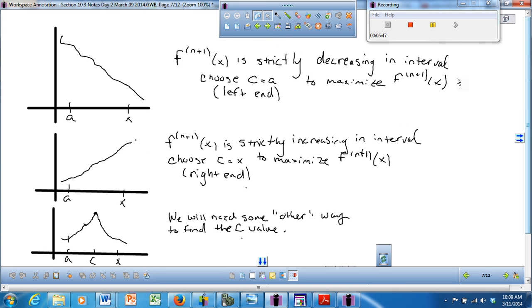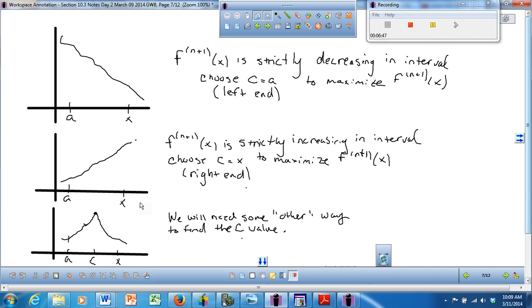All right. Now, the most difficult part of using this error bound is finding where the maximum of that n plus first derivative occurs. So let's say we have a polynomial of 6th degree. We're going to need to find the function for the 7th derivative, and then find where that is the biggest in our interval. Well, when we get our 7th derivative function, if that function is strictly decreasing, then where does the maximum occur? At a, at the left end of our interval. If the 7th derivative were strictly increasing in our interval, then the largest would happen at the right end,